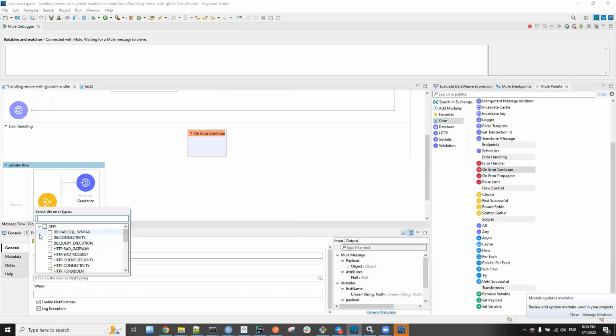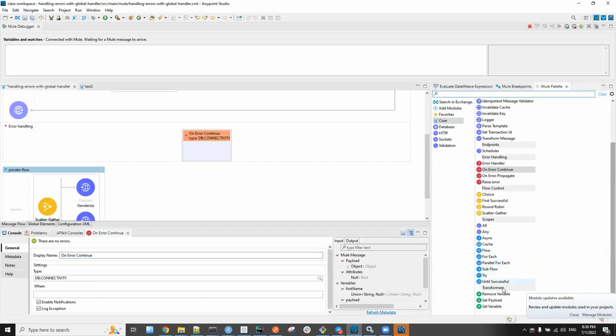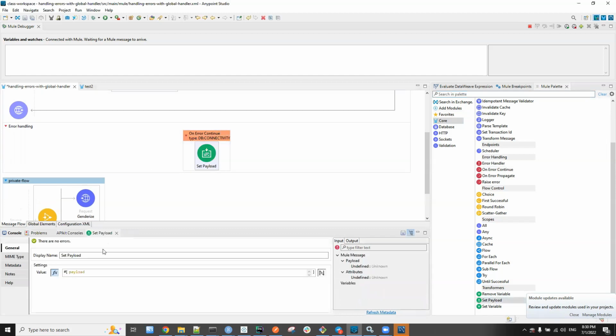The first one, let's say we want to just move forward, even if there is a database connectivity issue. So DB:CONNECTIVITY I have selected, and it is On Error Continue, and I just want to add some payload here. So this one, db failed.